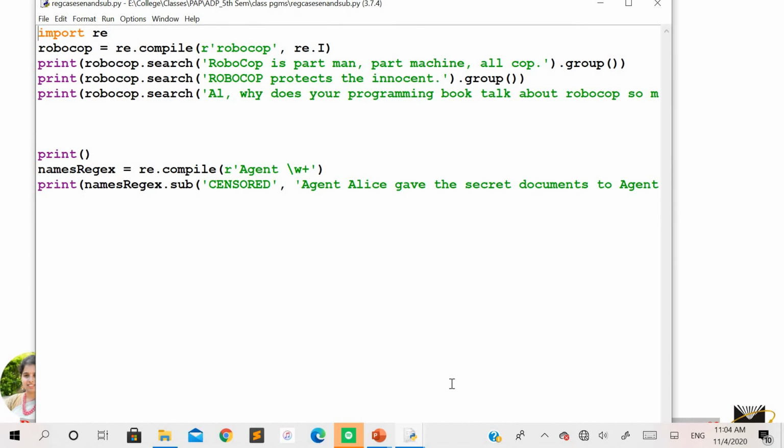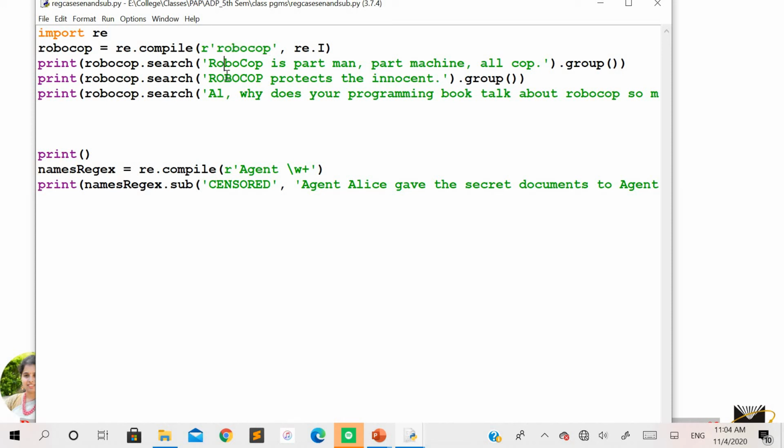So you can see here, this is the same example I have taken. Whatever the pattern that we have taken is all in lowercase letters, but for the same pattern we have taken the second parameter as re.I, which tells that this pattern needs to be considered case insensitive. That means this needs to be matched even if there are differences in the cases of the characters within this pattern.